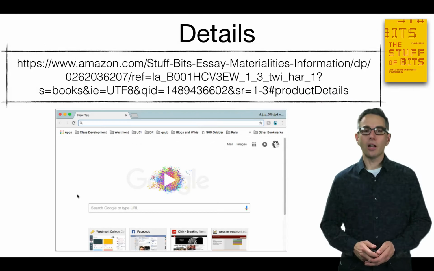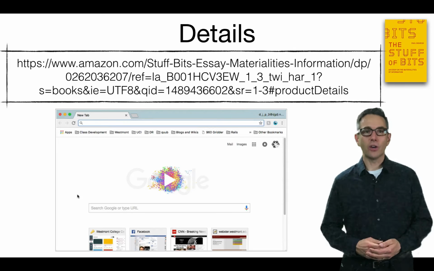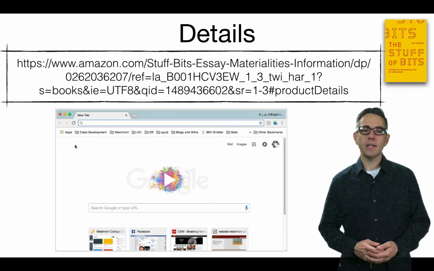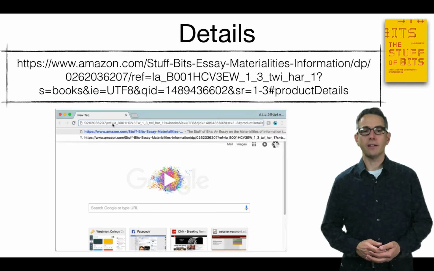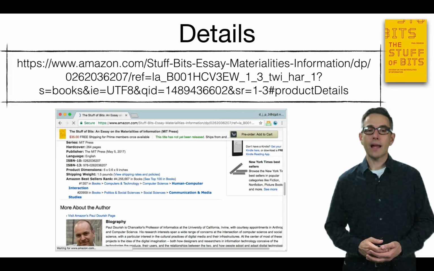All right, so if we take all of those pieces, I'm going to remove the username and password and the default port name because it's not necessary in this case. We put all those pieces together, and then we attempt to get a resource on the internet. We're going to get the web page from Amazon.com that describes this book, and it's going to immediately jump down